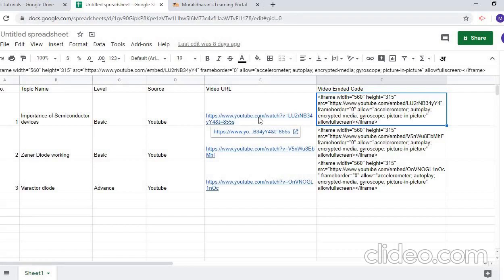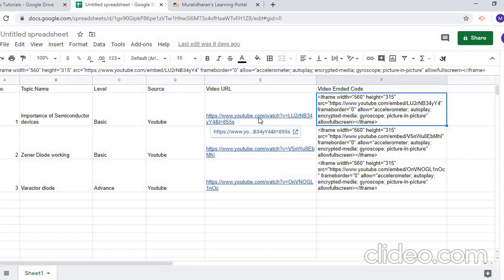If you create an Excel form like this, we can easily upload the video URL. If you directly upload the video, it will take some amount of MBs, but if you just give a URL, the students can use the URL.